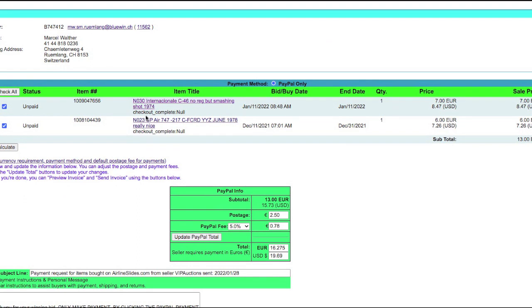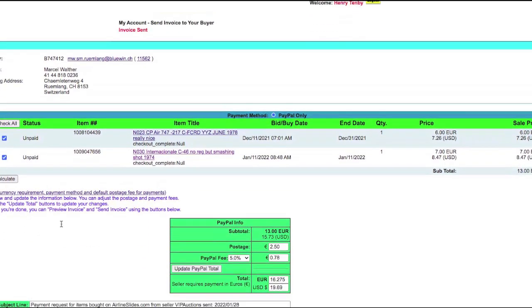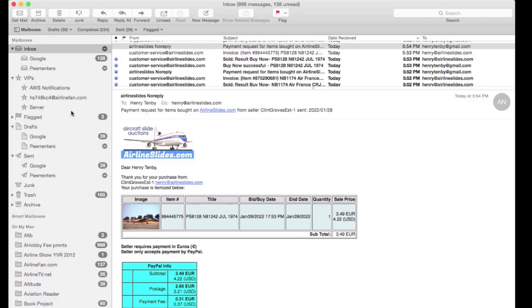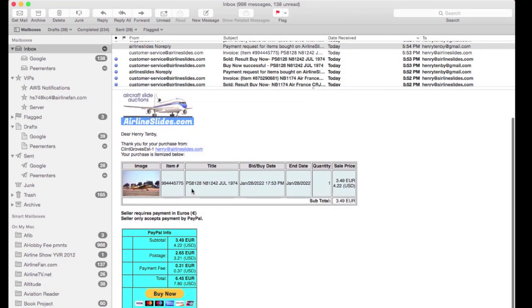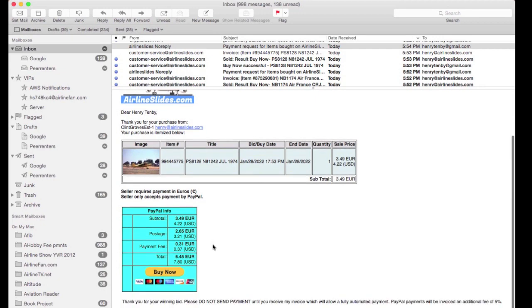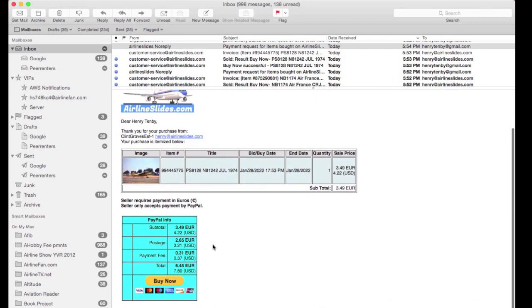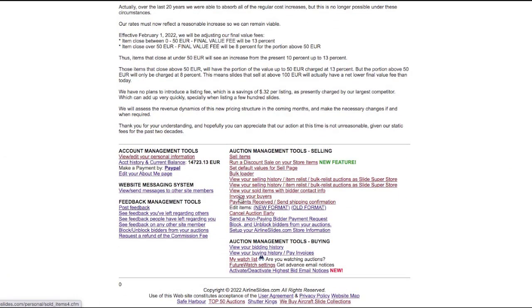It loads. This is working exactly the way it did in the past. There's 2 items here, and then you can simply send the invoice. So there's the confirmation right here in red that the invoice has been sent. When the seller sends the invoice, our system will still send the emailed invoice as shown here. That is not going to change. However, the transaction completion is no longer 100% reliant on the receipt of this email, as it has been in the past. So if we now go back to the My Account page and go to the invoice page, you can see this is no longer